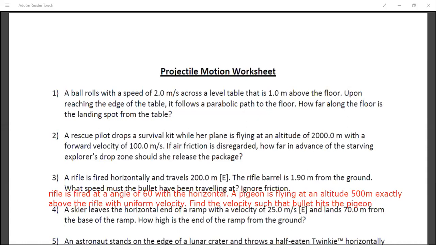So, sir, what is the velocity of the pigeon? That we need to find out, such that the bullet hits the pigeon. We know the bullet's inclination. Sorry, sir, I misunderstood the question. Because if the pigeon's velocity was given, then it might not line up. It won't line up, na? So for that reason, solve for the pigeon.